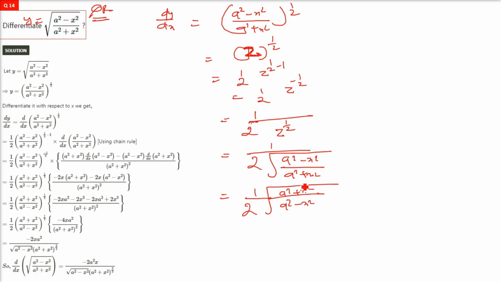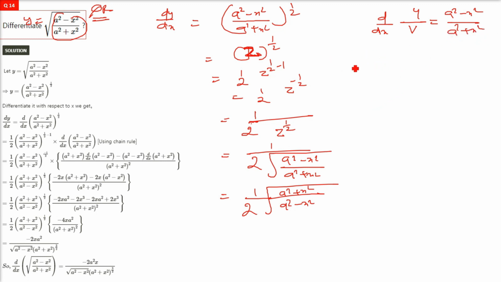Right? But now the actual chase or run starts. We have to differentiate this one. And here I was talking about the quotient rule. Assume that you have a u, which is a square minus x square here, v, which is a square plus x square. You want to differentiate this u by v. This is numerator, this is denominator. So the quotient rule says,